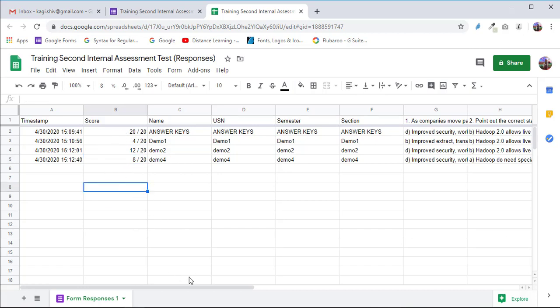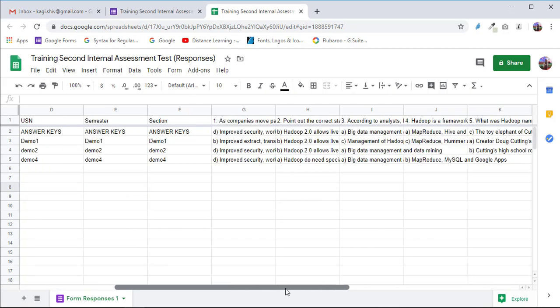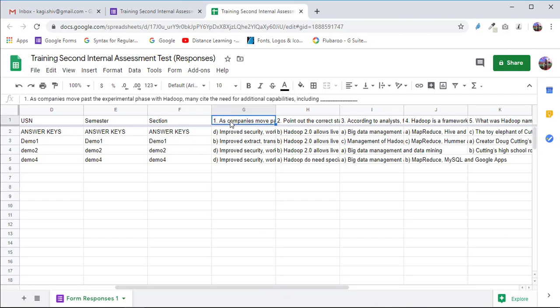So how to do negative marking is, see here. First go to the first question's answer, that is here. This one, for the answer key, only you have to select for the answer key. So the answer is D. For the first question, the question is here. You may not see the full question, so no problem. You assume that this is the first question, and for this the right answer is this one. Why is the right answer this one? Because I have written this as the answer key, and all the data in the first row are correct answers. So I will just click here. So this is my right answer.